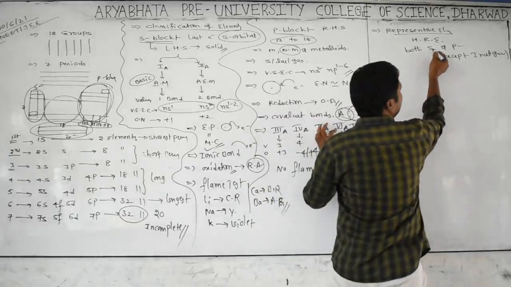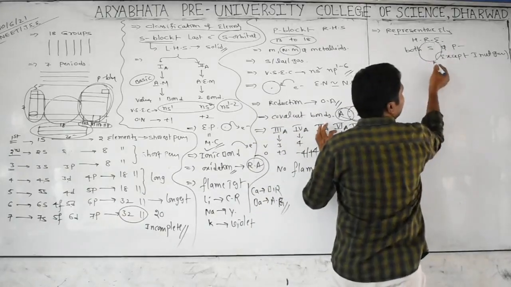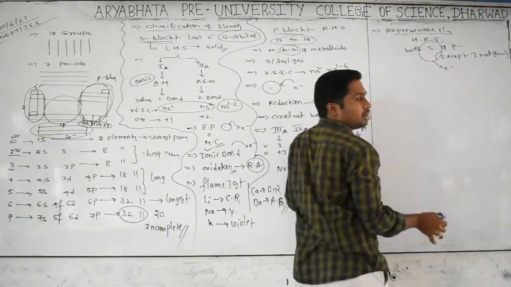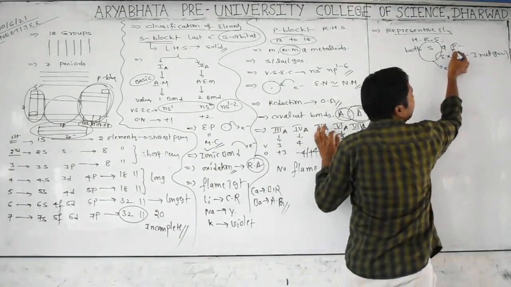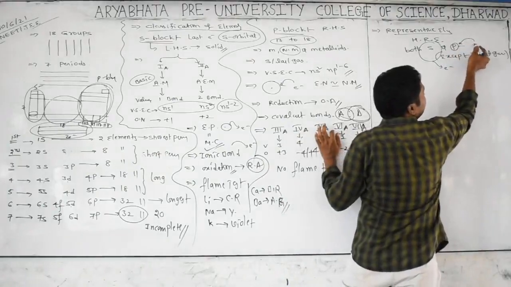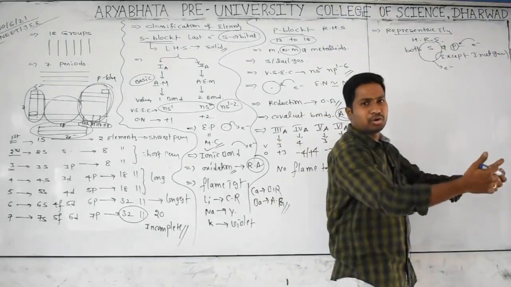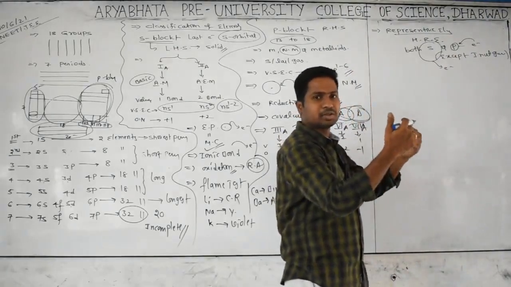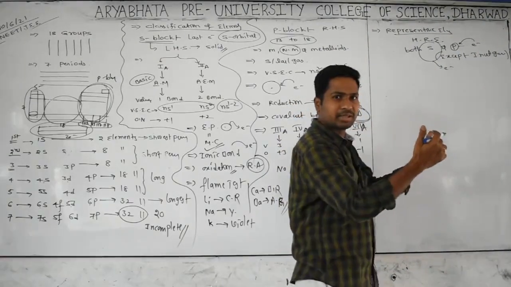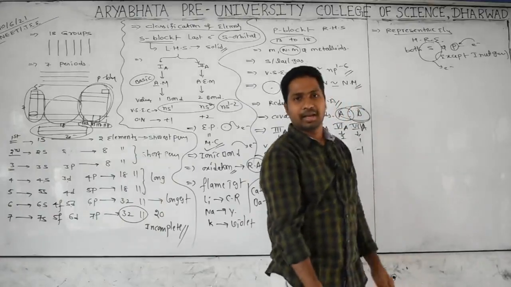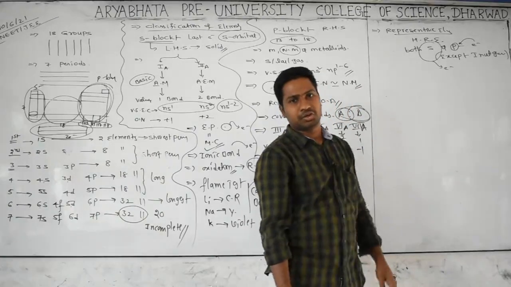Why are S block elements very reactive? Big size, always having a tendency to lose electrons. Why are P block elements very reactive? Small size, always having a tendency to gain. So S block elements are ready to lose the electron, P block elements are ready to gain the electron. That's why they always participate in chemical reactions. That's why we call them representative elements or highly reactive elements, but not zero group elements.